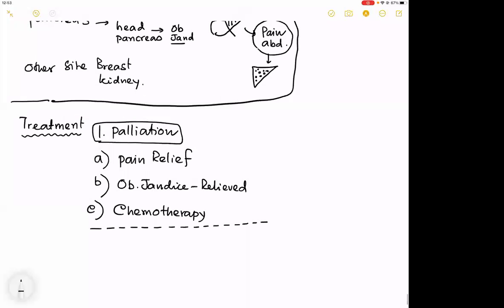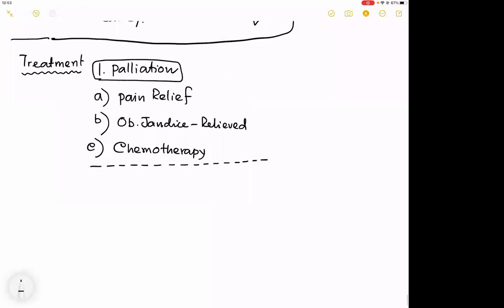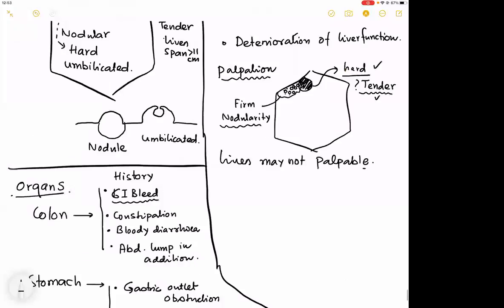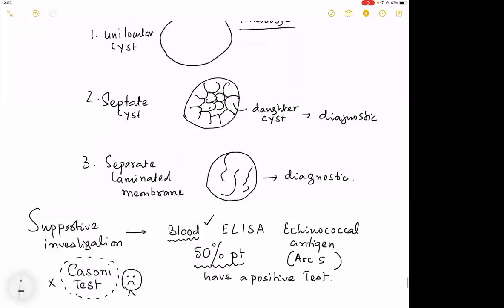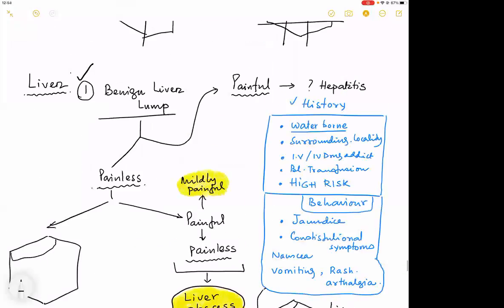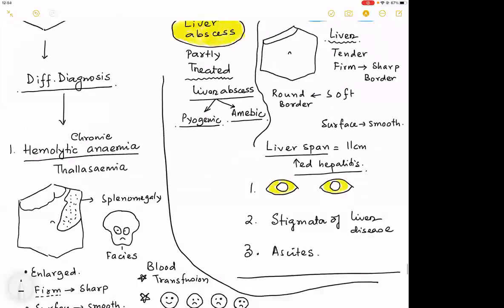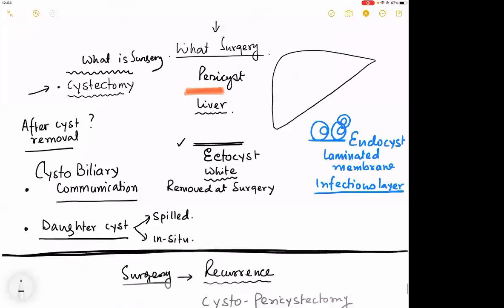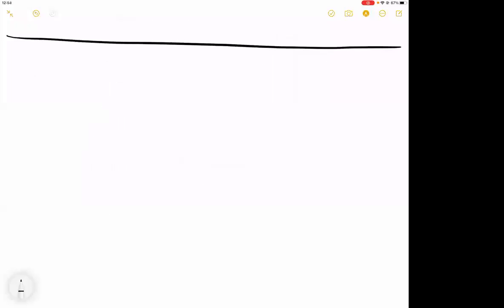Please tell me when you have completed writing. Done? Good. So this completes all kinds of liver lumps that you are required to understand in an MBBS. It took a long time. This will serve probably to complement your reading in medicine also. Whenever you are given an abdominal lump case in medicine, because liver lumps are very commonly given in medicine as a long case also, I thought that I will be giving you an exhaustive list about how we approach any liver lump.